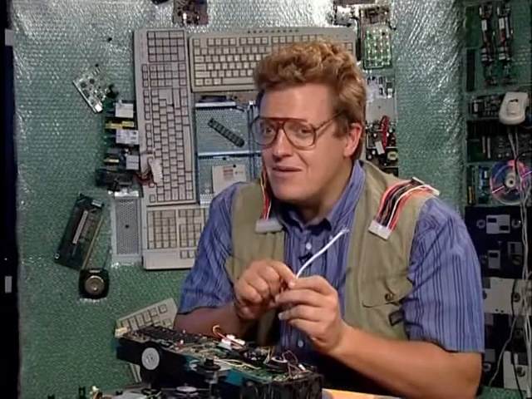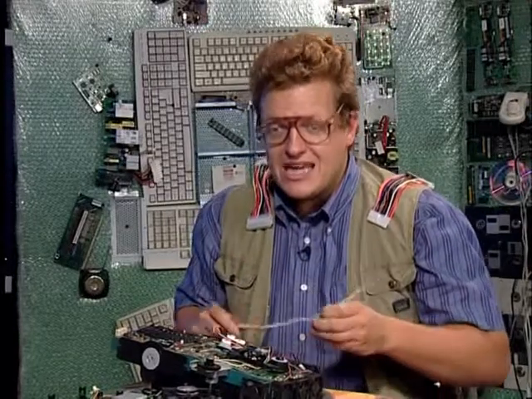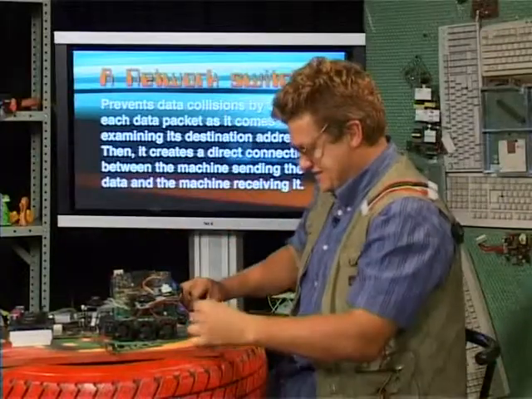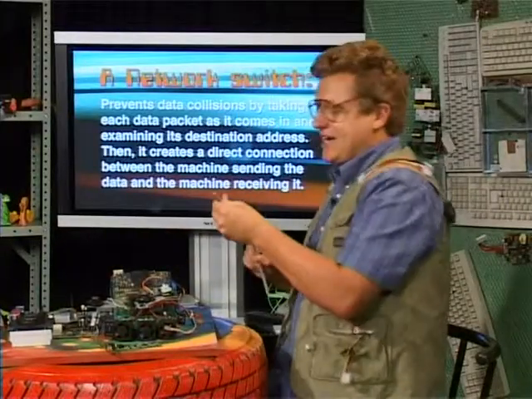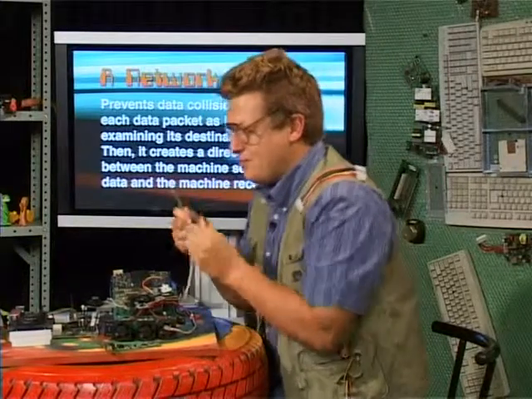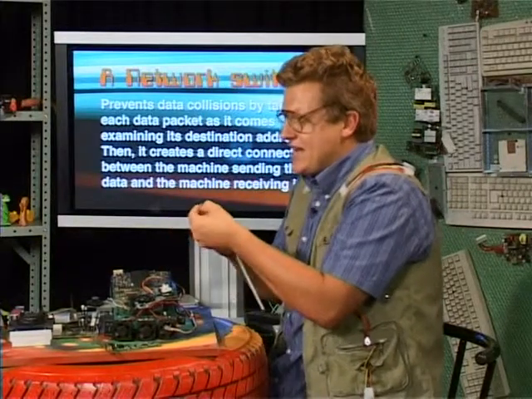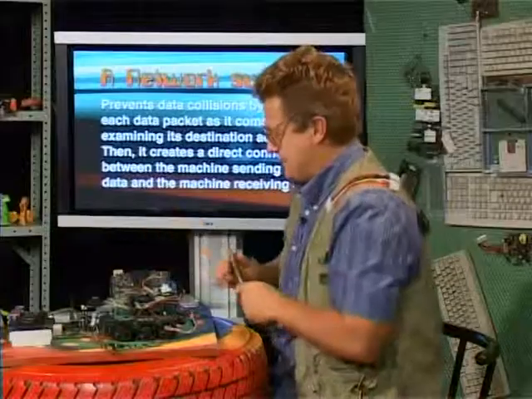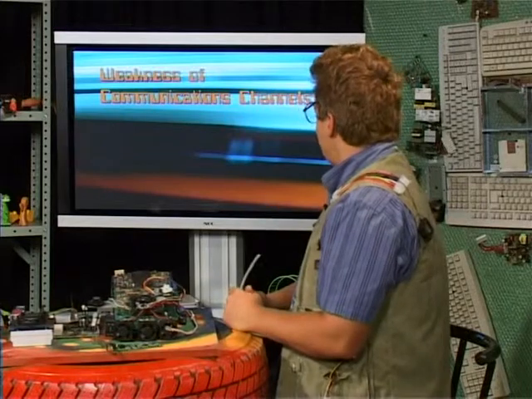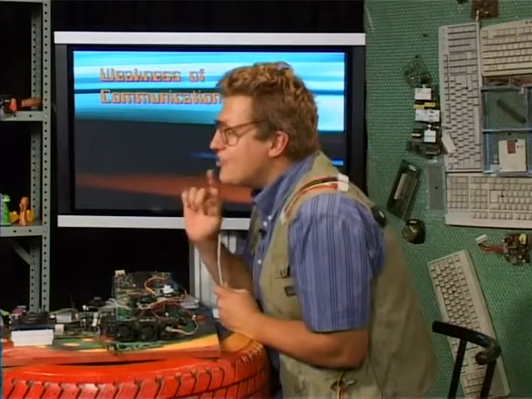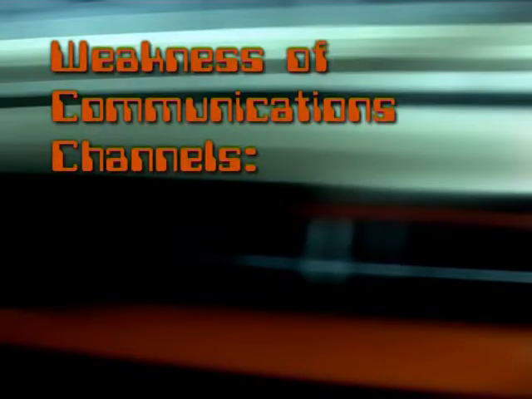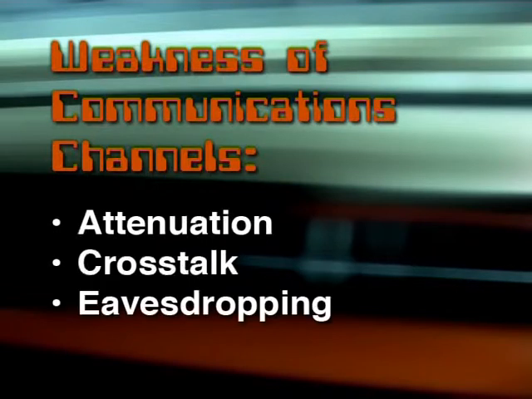But to overcome the problem of electrical interference, a different version of unshielded twisted pair cable was developed. And this cable is called shielded twisted pair, or STP. And in these cables, there is very limited interference. So, apart from electromagnetic interference, there are 3 other weaknesses experienced on communications channels, and these are attenuation, crosstalk, and